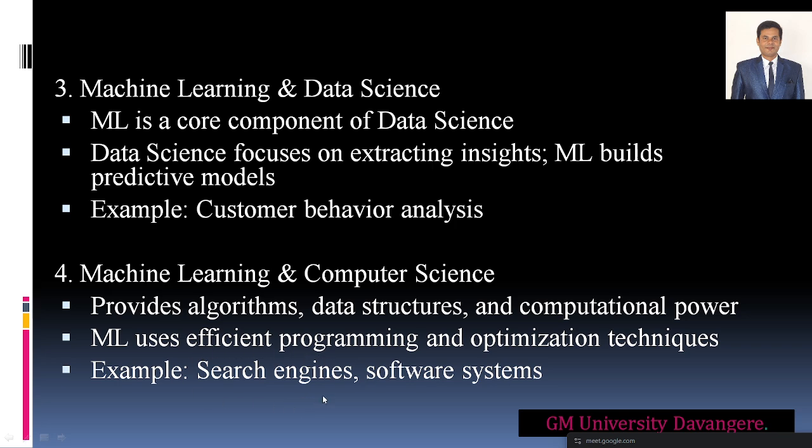For example, if you type anything in ChatGPT, it will try to generate. If you want to generate your biodata, it will try to generate. It means that machine learning uses efficient programming. So you should program the machine learning properly, right? So what the user is expecting to generate, what the user exactly wants, right?